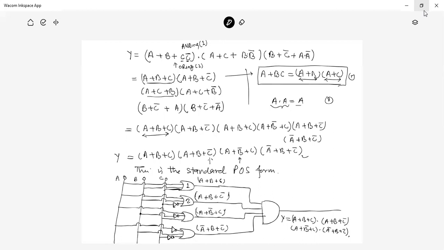And similarly, we get the A bar plus B plus C bar. So there are two NOT gates, with A. Here it is the A point, and here it is the C point with the NOT gate. So this one is the fourth OR gate, and this is A bar plus B plus C bar. These 4 inputs are given to the fifth AND gate, and the output is Y equal to (A plus B plus C) dot (A plus B plus C bar), here it is (A plus B bar plus C), and this is (A bar plus B plus C bar). So these are the realized gates with the help of this part.